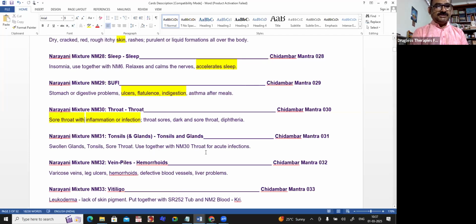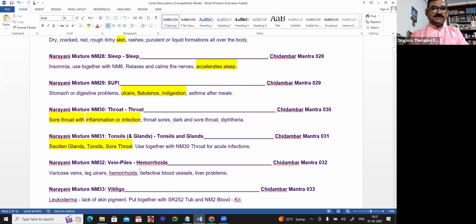Okay. Then tonsils, swollen glands. What you have to know, if you have some doubt, you can add both the things and give. NM30 also you can give, NM31 also we give. I generally give for any glandular issues, even if the gland may be anywhere. So in such cases also we can combine NM30 and NM31. Okay,